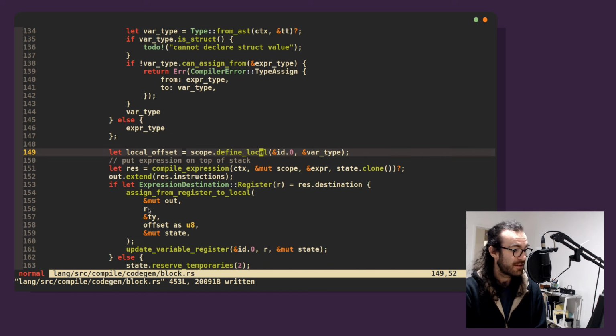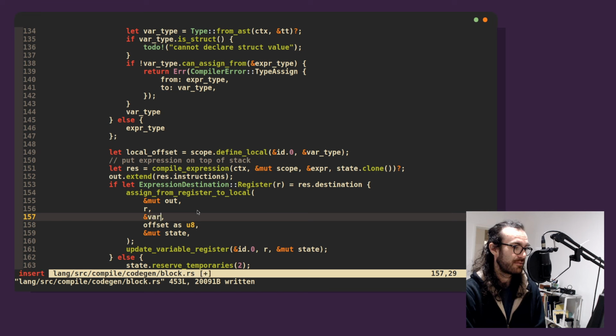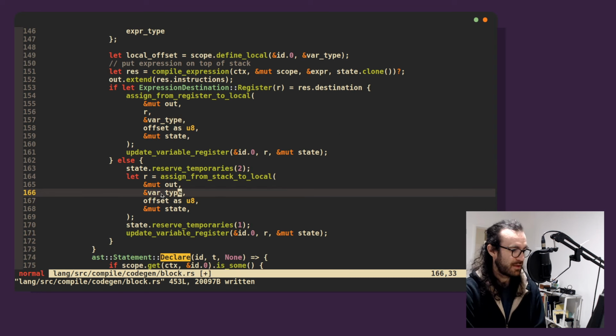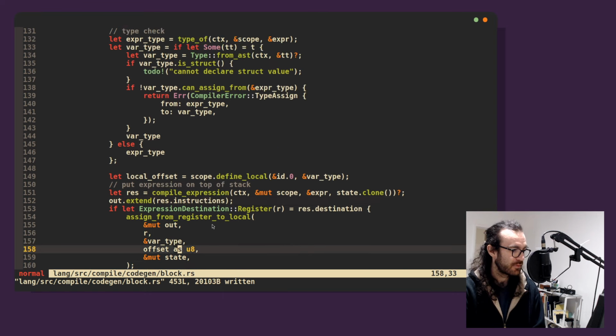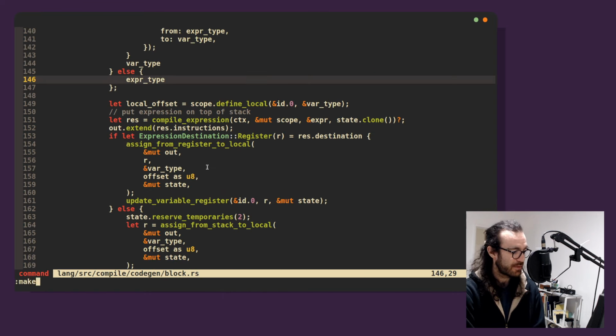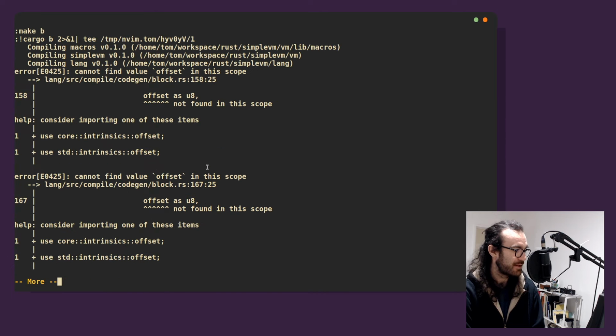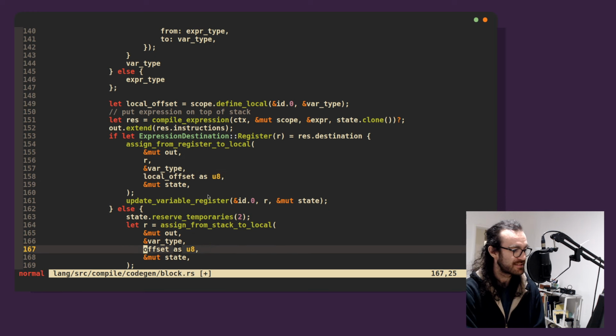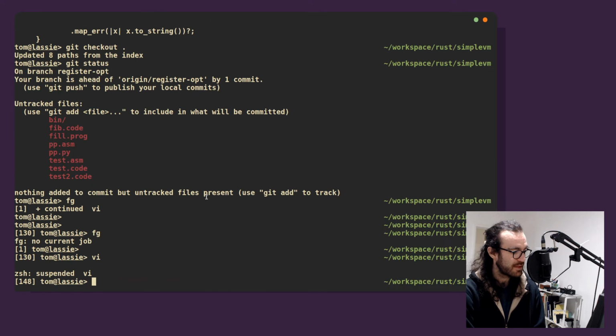Not quite. This is var type or expression type. No, it's the variable type. We assign based on the variable type. The variable type is what matters. Cool, so this is going to be the variable type. ID, cool. So if I build this now, does this compile or is it going to yell at me? Offset not found in the scope. Local offset, it just has a different name, that's okay. Excellent, okay, so